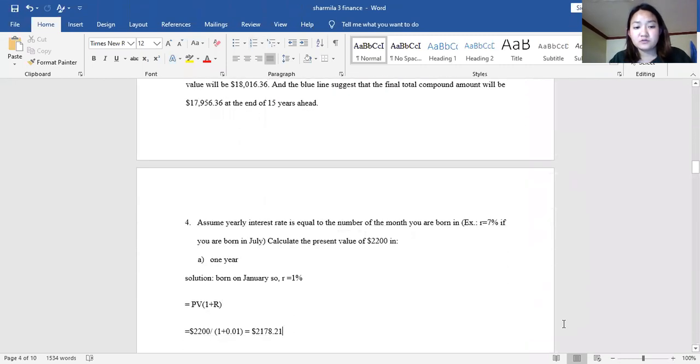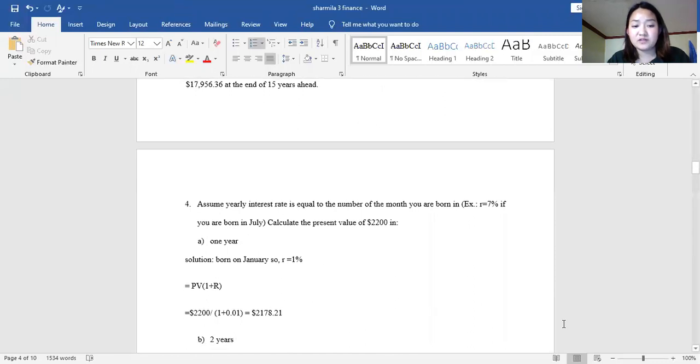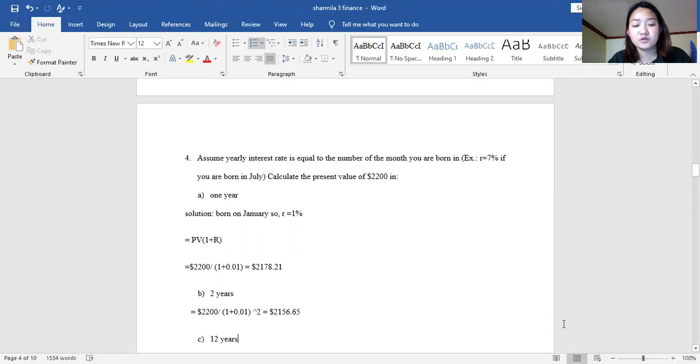So question number 4, assume the yearly interest rate is equal to the number of the month you are born in and calculate the present value of $2,200 for 1 year. I was born in January, so the rate is 1%. Present value equals $2,200 divided by (1 plus 0.01), that is equal to $2,178.21, and for 2 years $2,200 divided by 1 plus 0.01 to the power 2, that is equal to